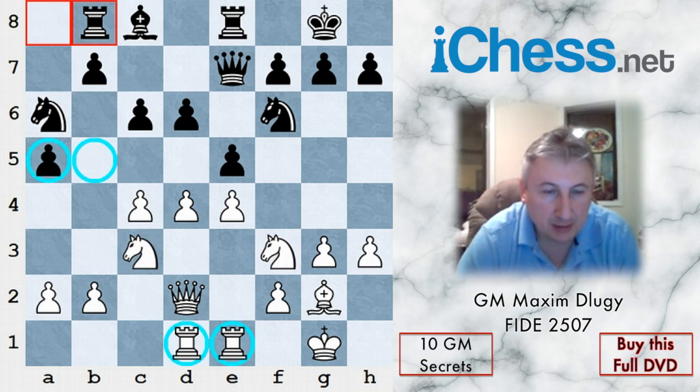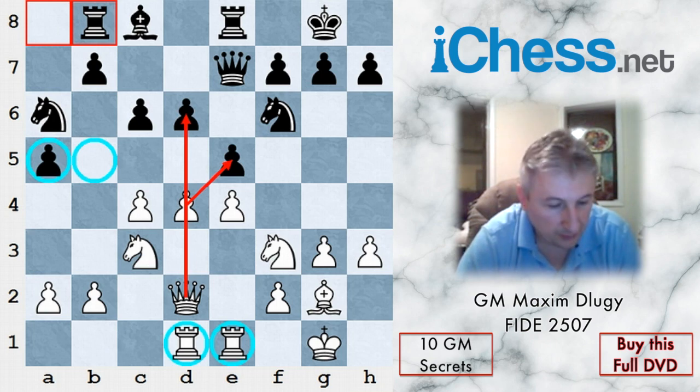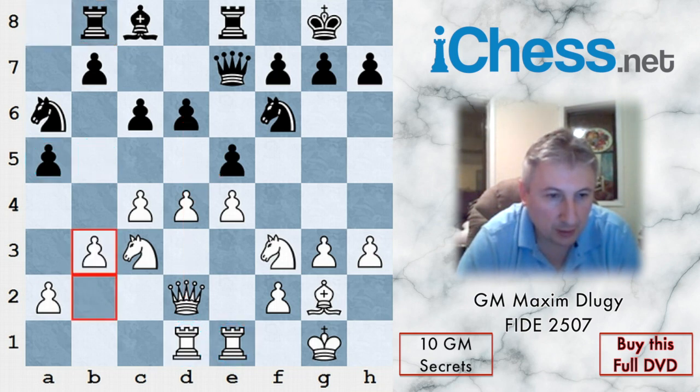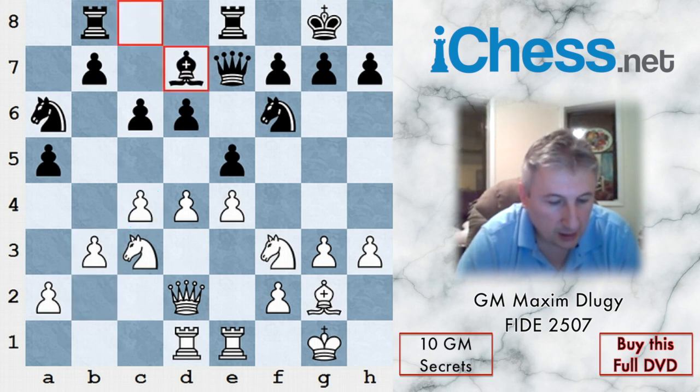Anytime that black becomes active, it's quite possible that white will simply liquidate the center and come in with the queen, for example, after pawn takes pawn and queen d6. So all these possibilities white has, and black has to be very careful. But meanwhile, I continue simply improving my position. I play b3, covering this pawn just in case, and waiting for black to figure out what move he would make. So he plays bishop d7,